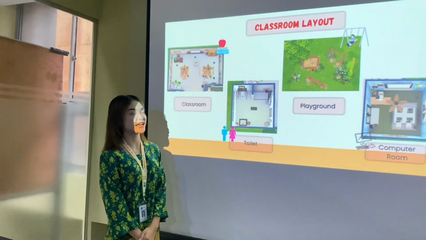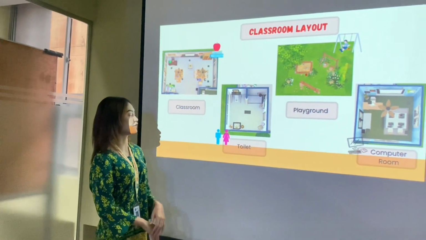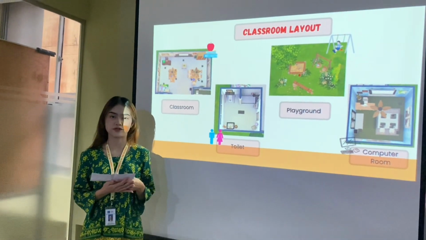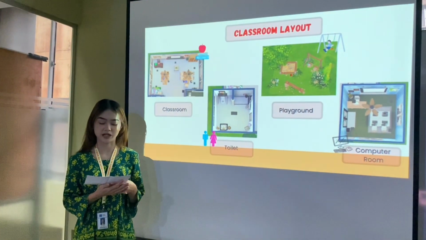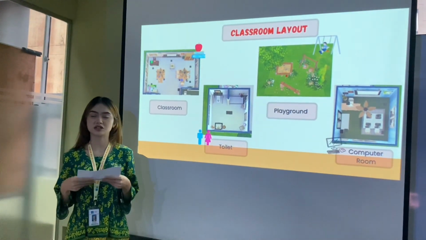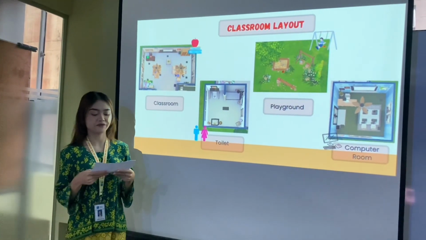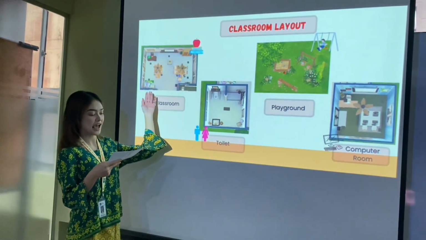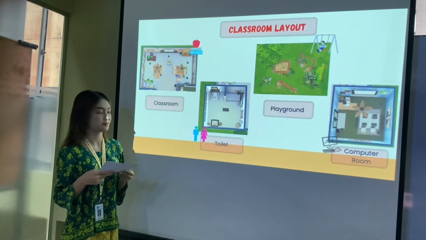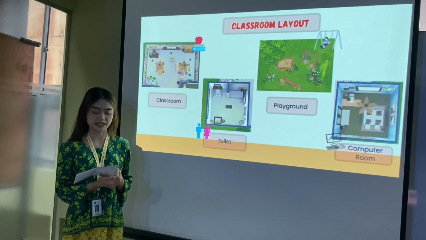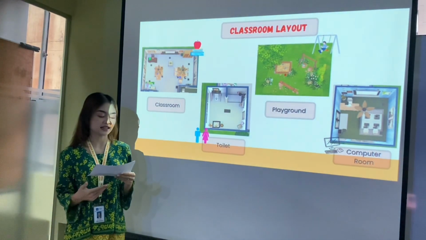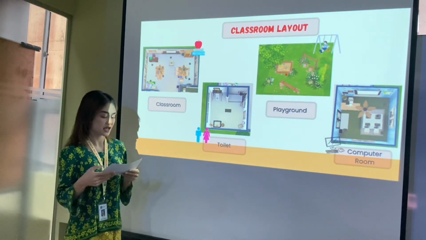Next, I will present our classroom layout. The first one is the classroom. We have provided a learning space for students where there are tables with chairs and also tables without chairs. We have prepared a total of 10 tables, with 5 tables on the left side and 5 tables on the right side, along with 5 chairs. This arrangement is because some students with disabilities use wheelchairs, while other students do not use wheelchairs.